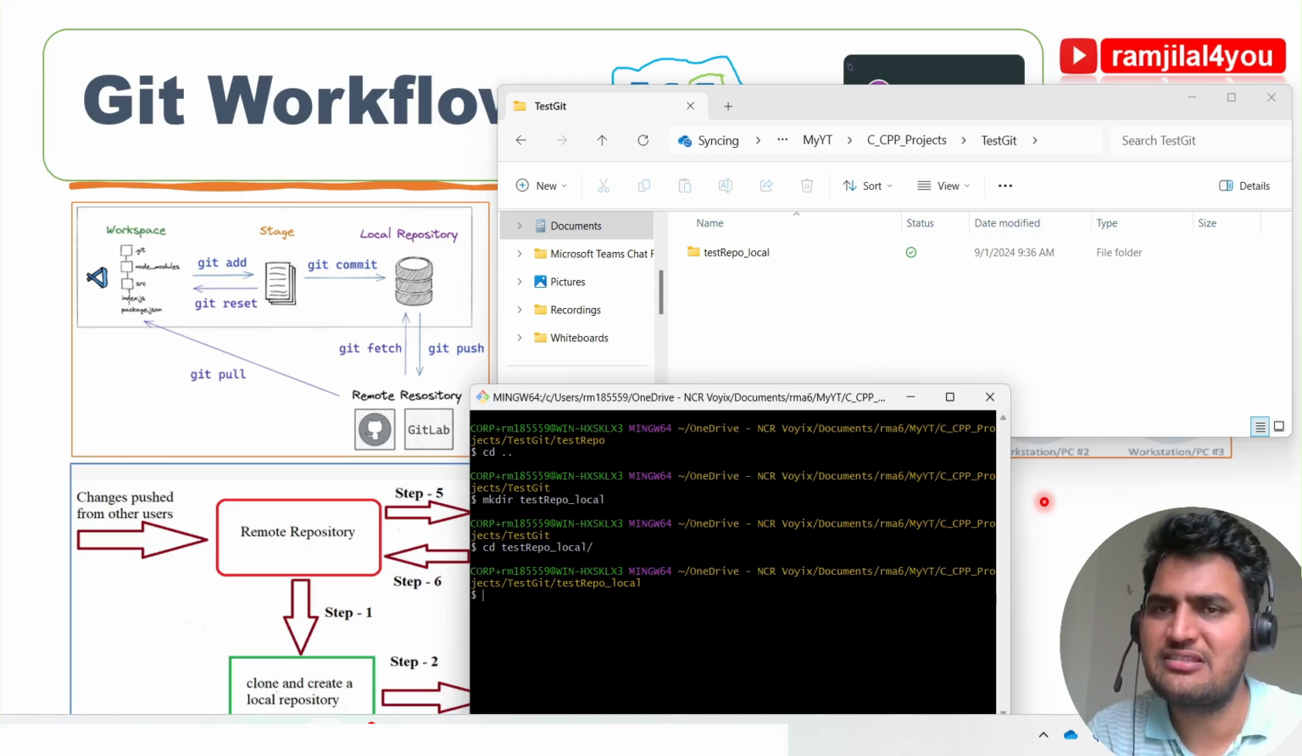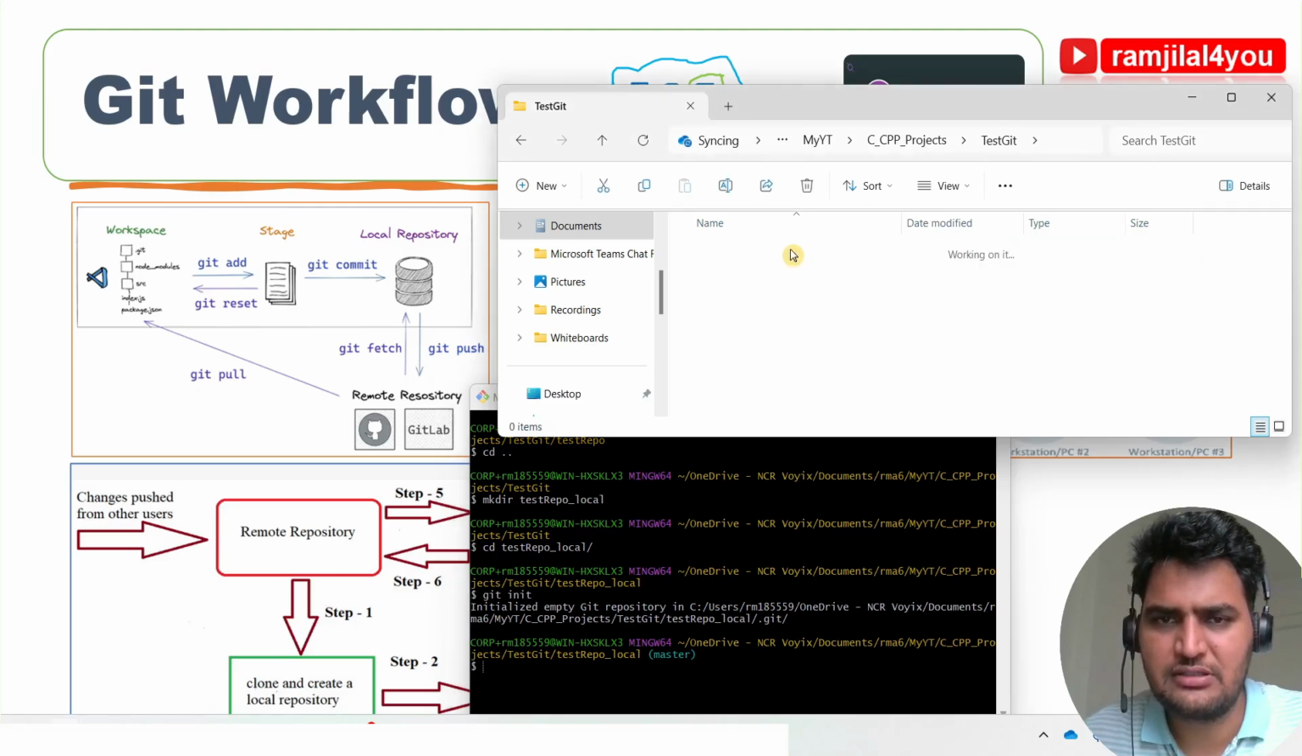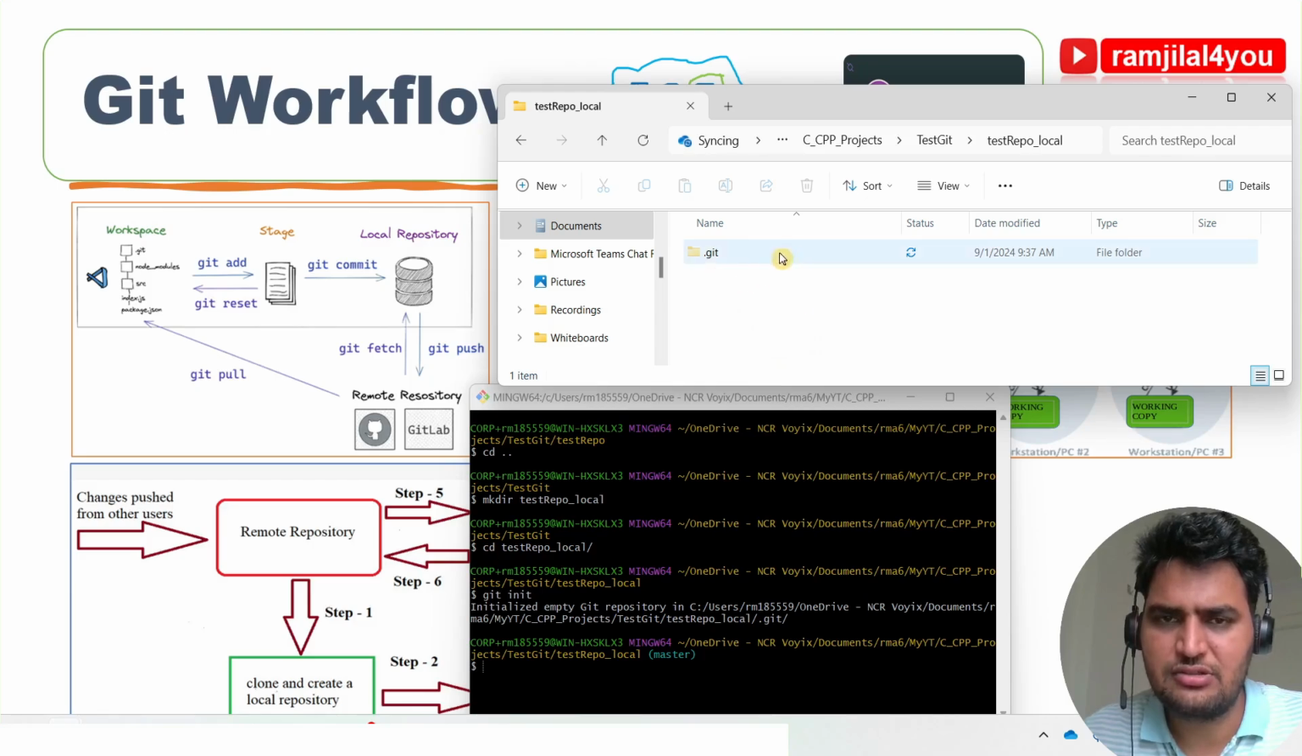Now we will initialize this with git. For that we have a command, git init. Once we run this git init command, you see here: initialized empty Git repository. Once you open this, you can see the .git directory. This was not there earlier, so now it got created and this repository is initialized, but it is a local